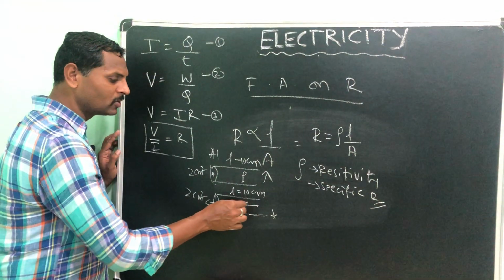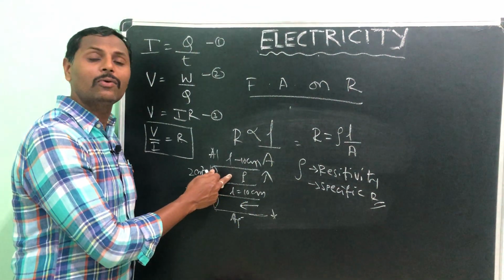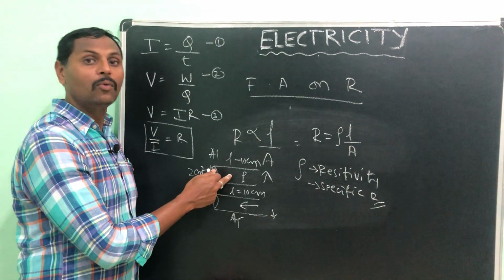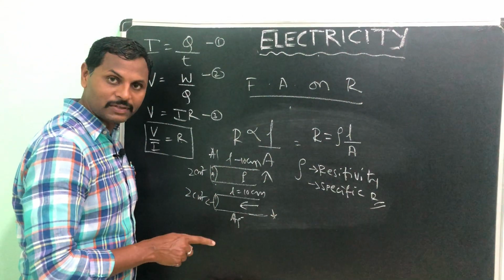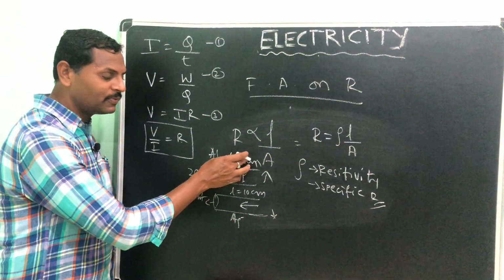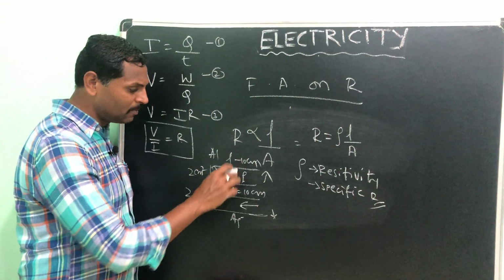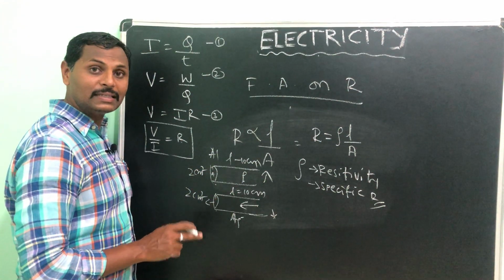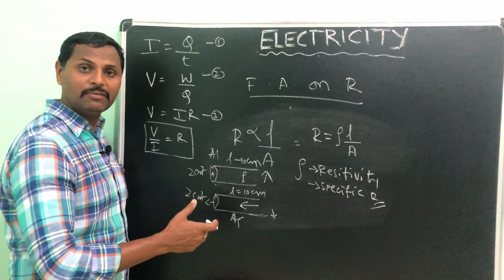That means it allows the current to flow through it more, whereas it will not allow as much current to flow through it as compared to the silver. That is called resistivity. Understood? Keeping all the physical quantities, the length and the area, the same for both the conductors, and passing the same current, we are keeping the potential difference the same.